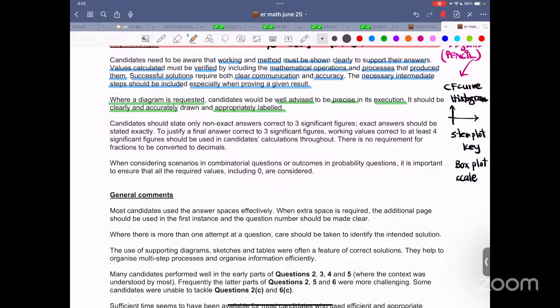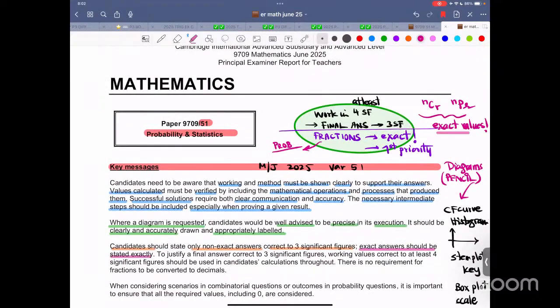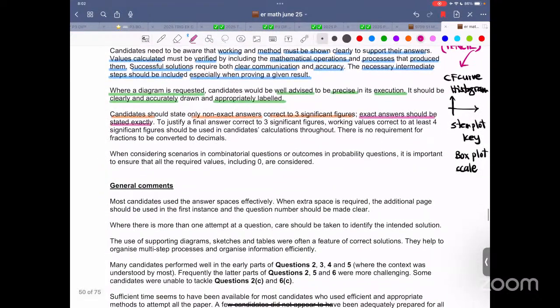Candidates should state only non-exact answers correct to three significant figures. Exact answers should be stated exactly, such as this. And then it says to justify a final answer,